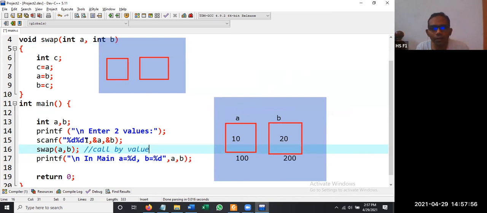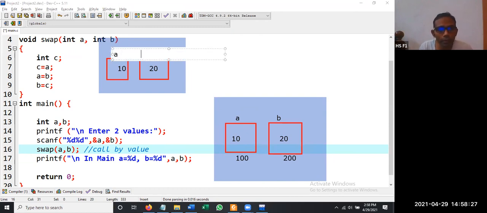We are passing the values, so in a we received 10, and in b we received the value 20, because the value of a is passed to a and the value of b is passed to b. That's why we got the value 10 in this box and 20 in this box, and the names of these boxes are a and b.